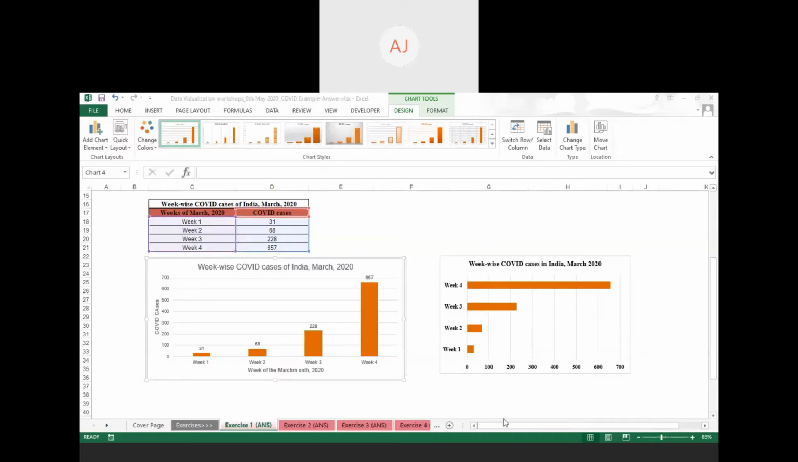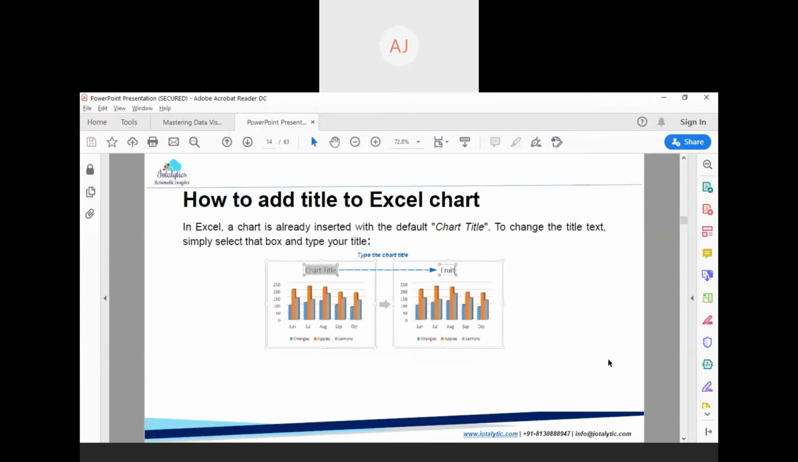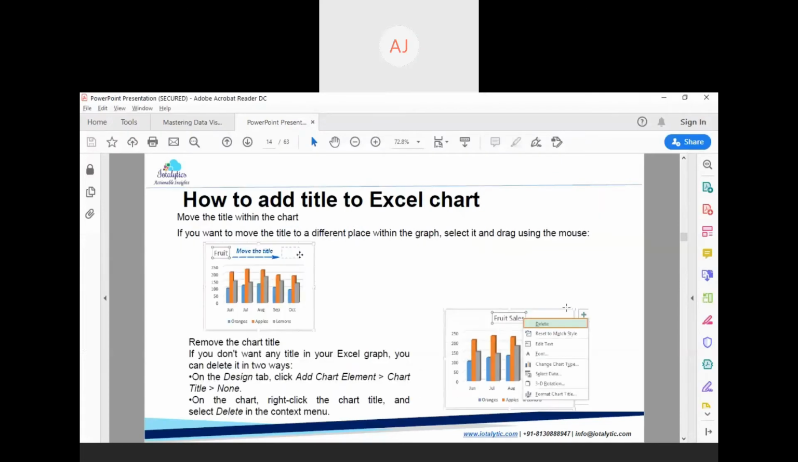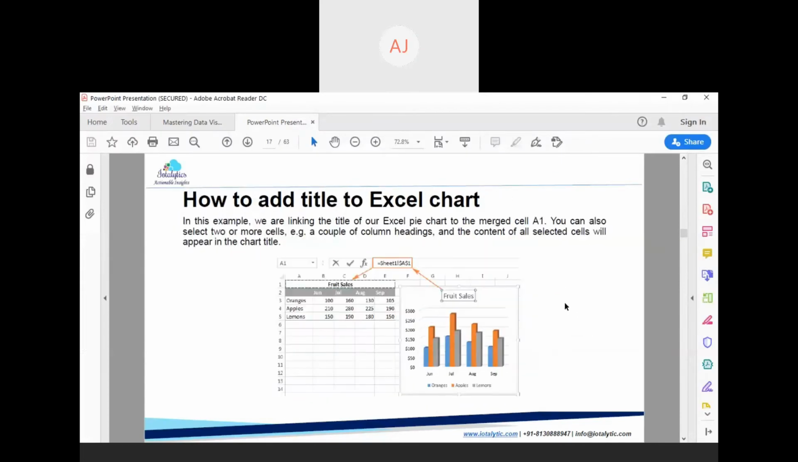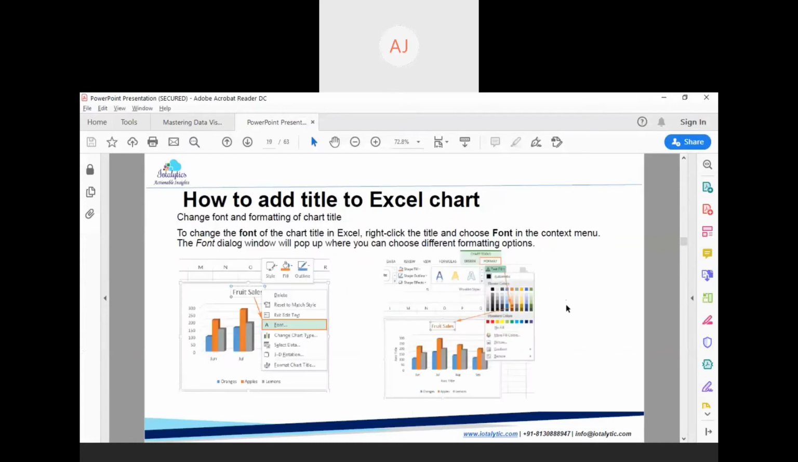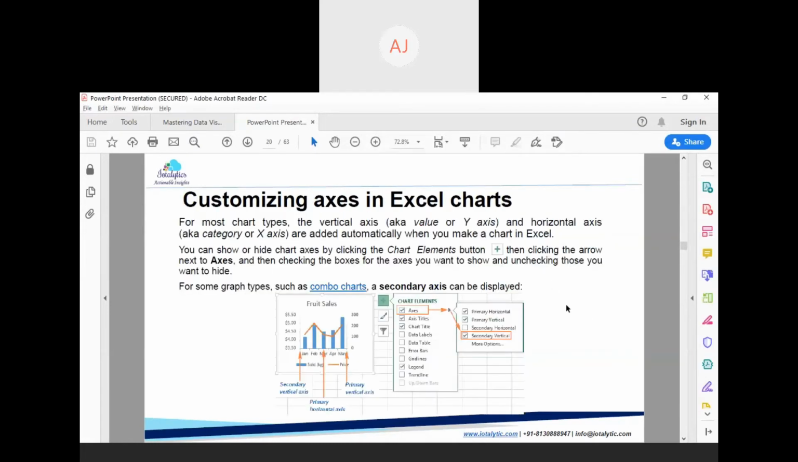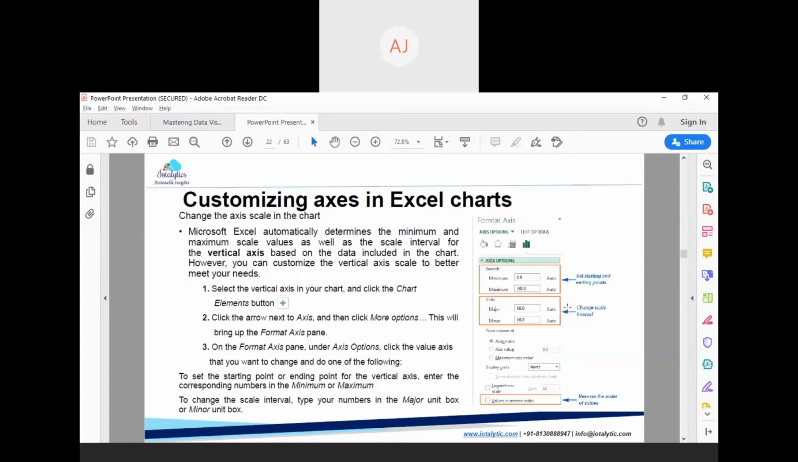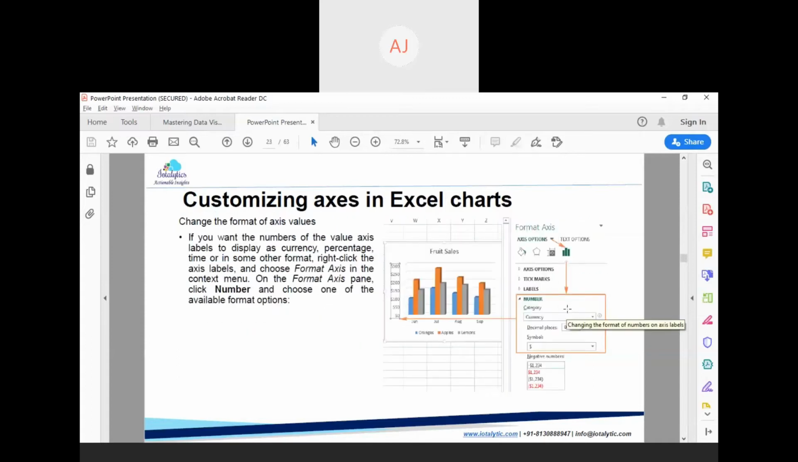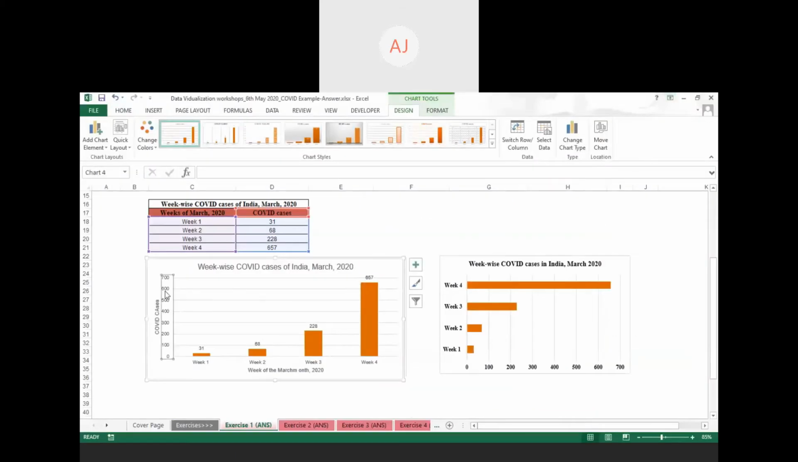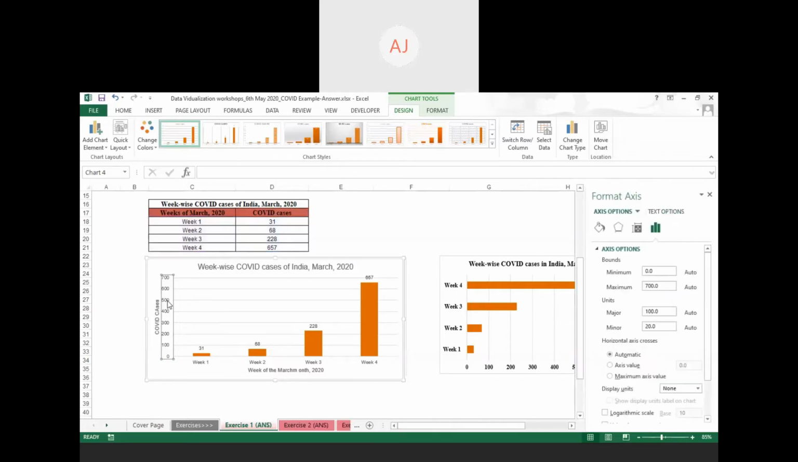Now we'll move to the earlier section what sir has told. In that section, we can see that sir has told about so many other things. Yeah, it's about customizing axis in Excel chart. So suppose if you get the data like marketing data, so on y-axis we might have data of marketing. So for this,